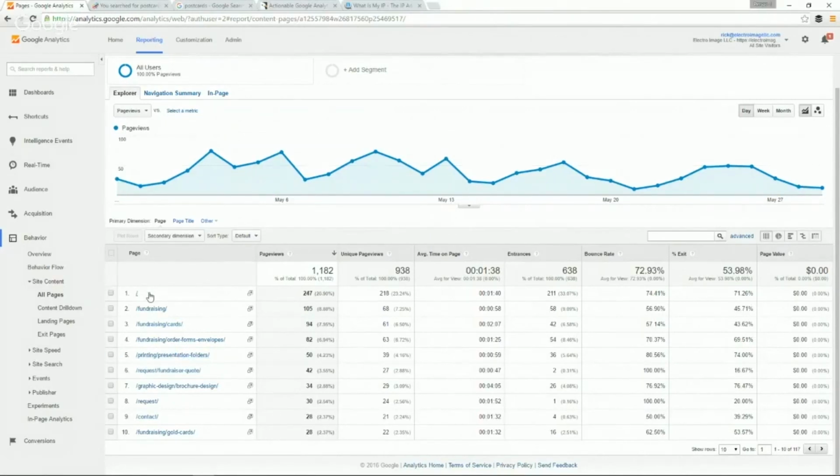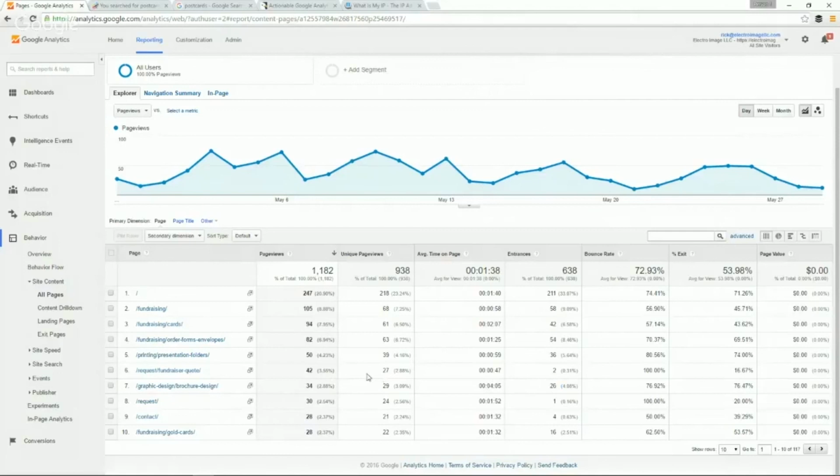You really don't want people to go to your homepage and then have to find what they're looking for. Really, you just want them to land straight on these other pages. So under graphic design, his brochure design page is doing fairly well. People are spending 4 minutes on that page. Really good. Lots of people coming in on that. So it might have been from a newsletter or something, or whatever the reason was, lots of people looking at